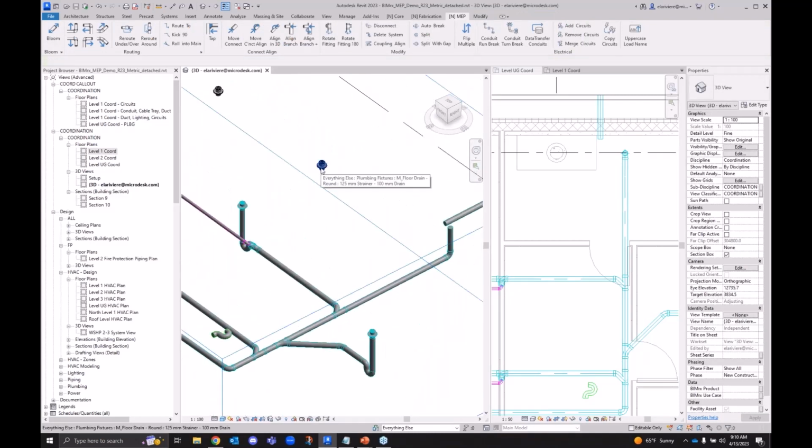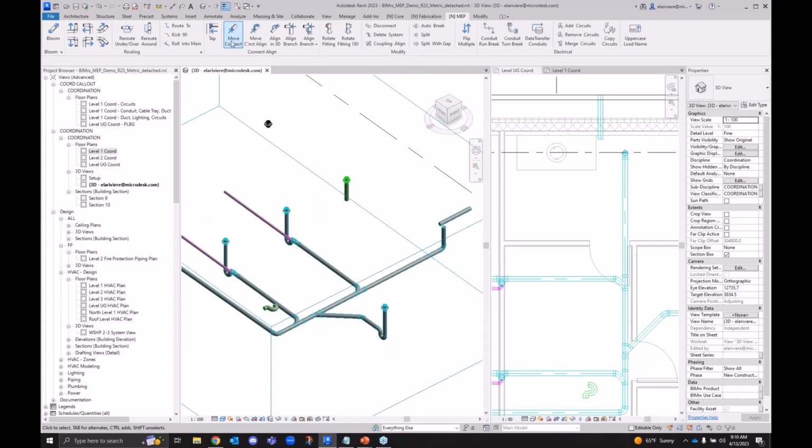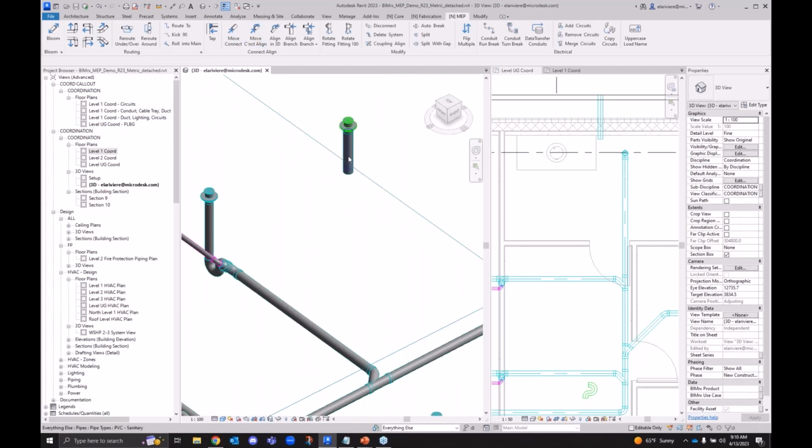So jumping down, let's use that bloom command again. If you remember a minute ago, we used that move connect. We're going to take a look at a slightly different version of move connect next. I also want to point out, you may notice the system is a little different. We're going to talk about that more in a minute. I'm going to leave it this way for now so we can show off even more commands in the Naviate